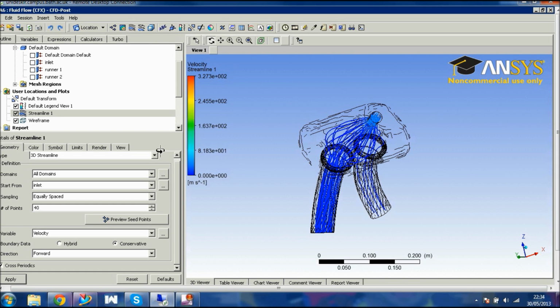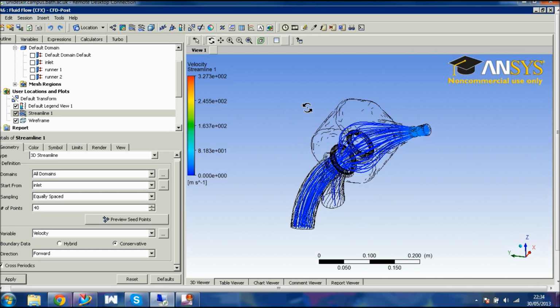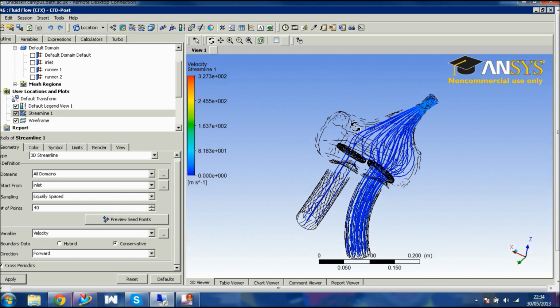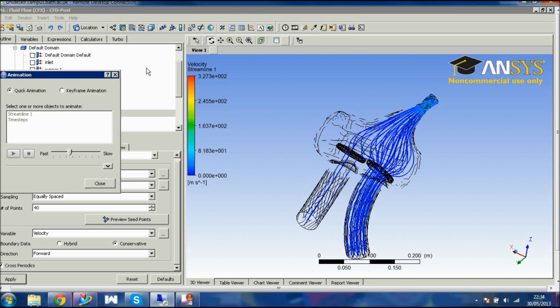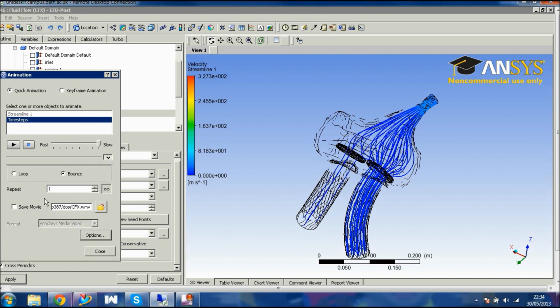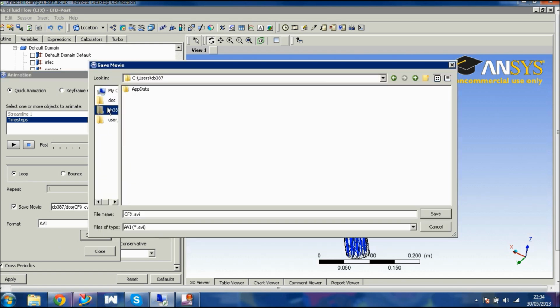Finally, to create a movie from this, what you need to do is create this little animation editor here. So move the solution into a view where you can see what you want, into the angle you want the movie to be made at. Click this animation, click time steps. This is the number of frames, so you want a lot of frames. Click loop, and then click save movie. Choose where you want to put it, so I'll have it as that. I'll save it just into